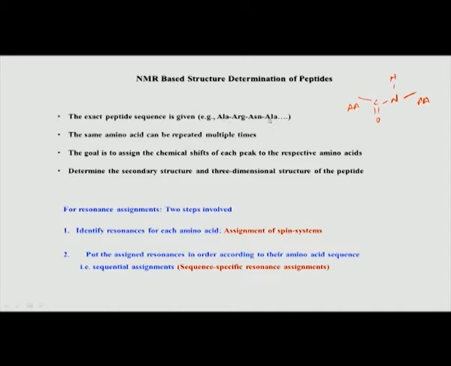So, each of these amino acids is now a spin system, because remember, because of this peptide bond here, the connection between this amino acid and this amino acid by J coupling is broken because of this intermediate long distance. So, the proton here is very far away from the proton here. So, there is no coupling between them. So, basically we can say that each amino acid is like an isolated spin system.